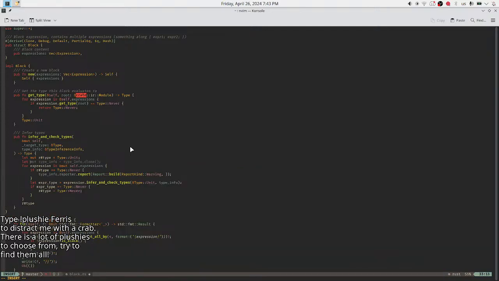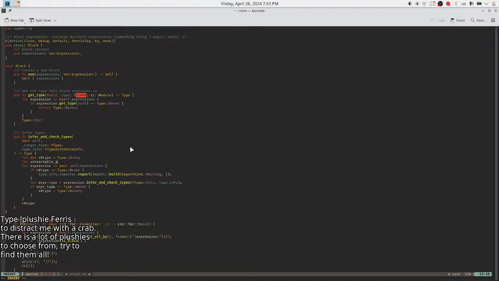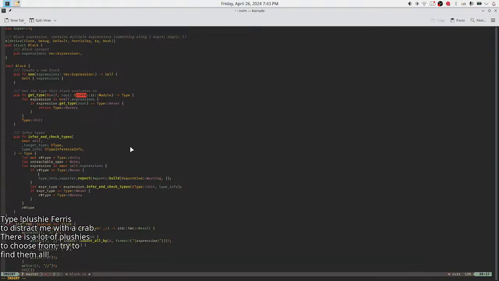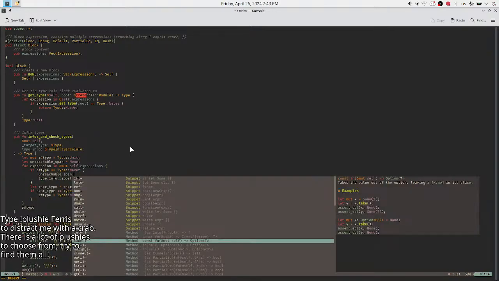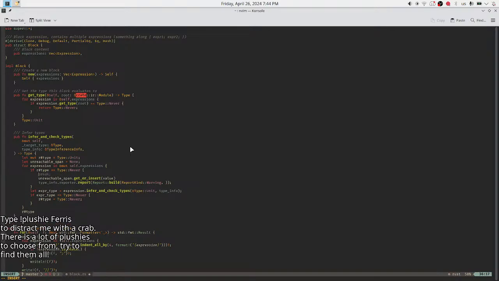Let never unreachable star span equals. Do I mark it in indices or an expression? I mean normal spans. I guess just span. This is gonna be an option, so none. Here then here I'm gonna do unreachable span get or insert. Let span equals expression span.